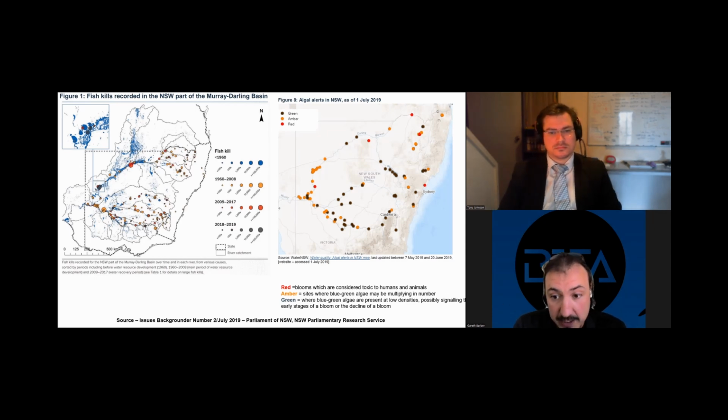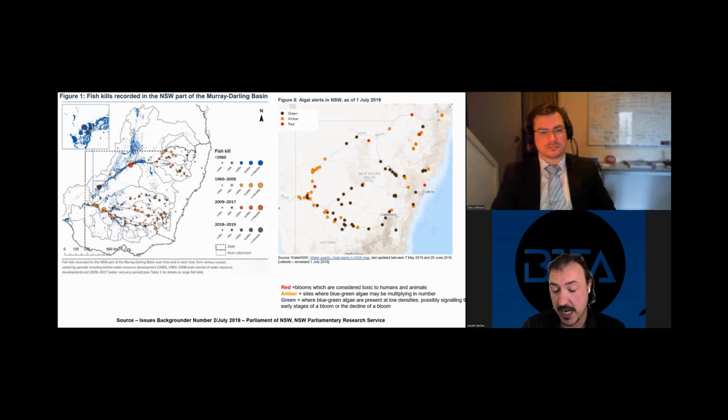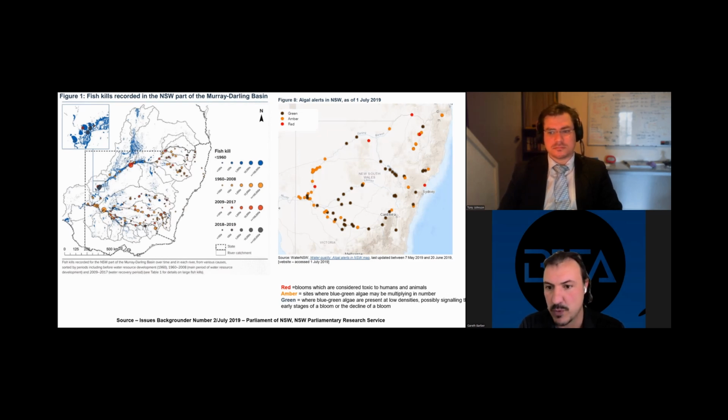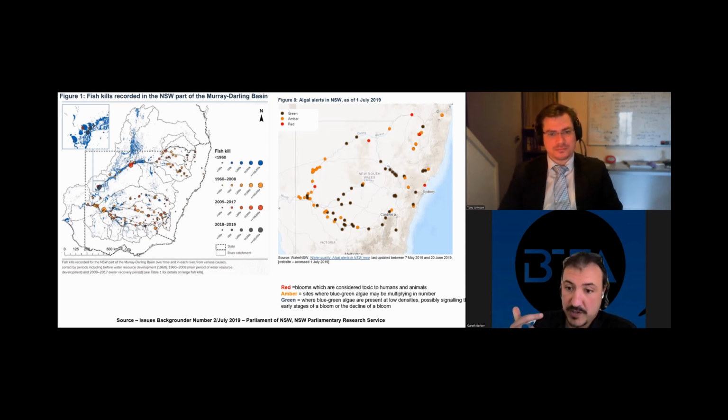It's more than likely to do with the actual collection and collating of the data, as well as things like monitoring in remote areas that wouldn't have been a thing back then that is now. So you're only going to get data from places you go to collect the data. Yes, but having said all of this, the remaining data supports the fact that there's still not very many fish